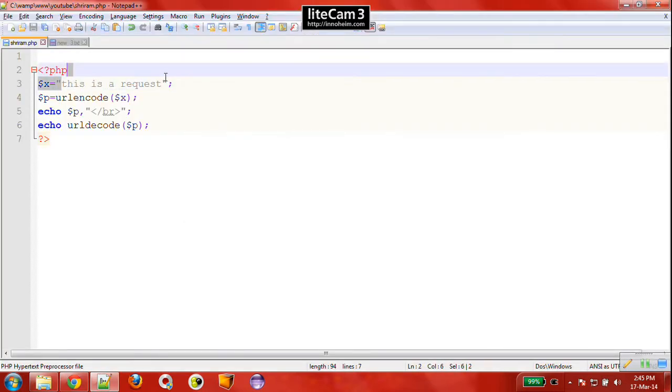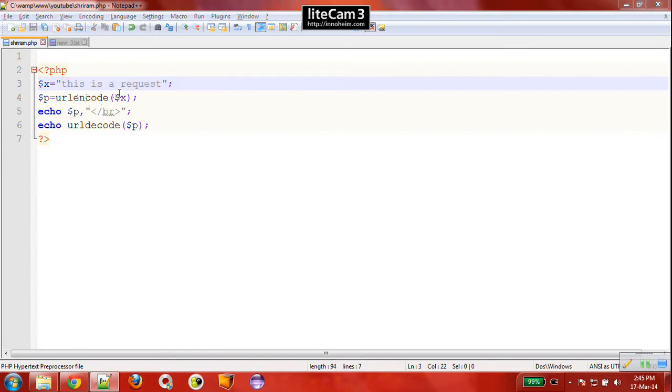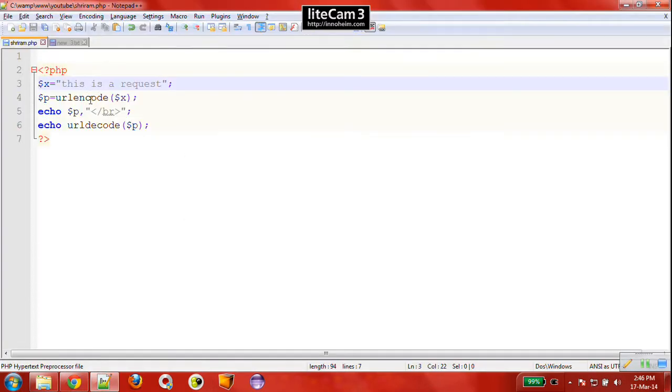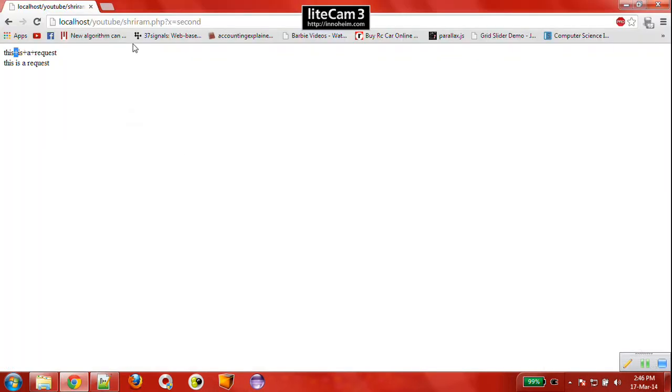This is a request, this is the text. When we URL encode it, the spaces are replaced with a plus sign, and this is the encoded URL. So when you see a URL, there are pluses in between.